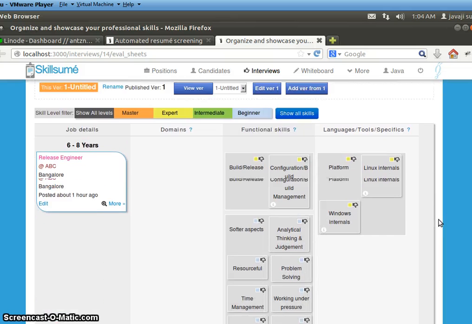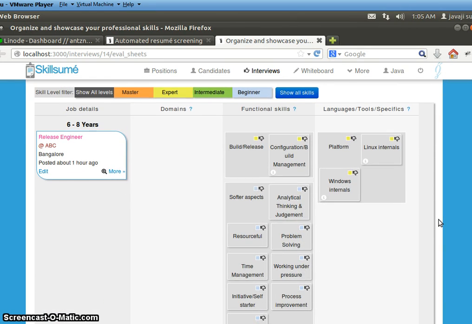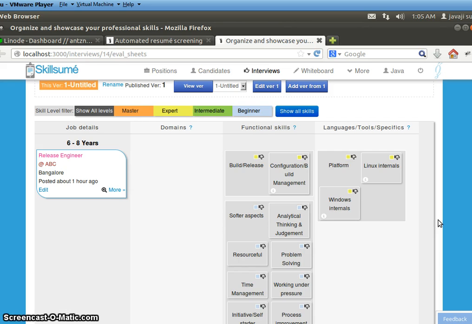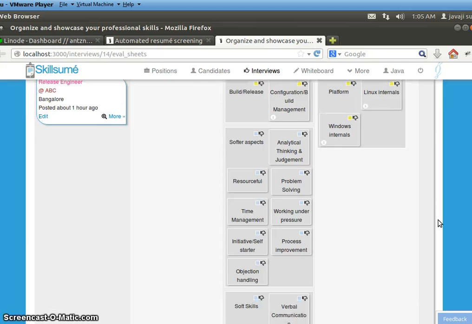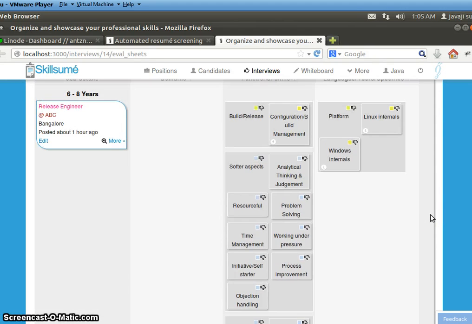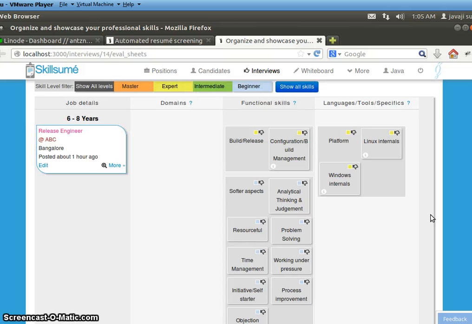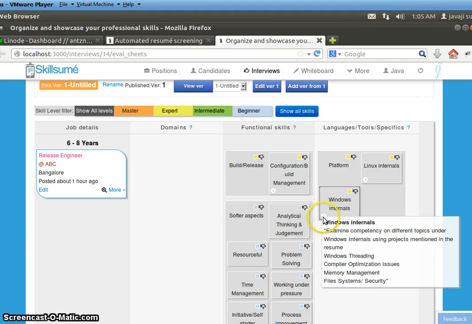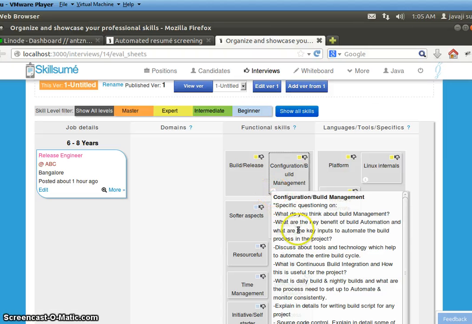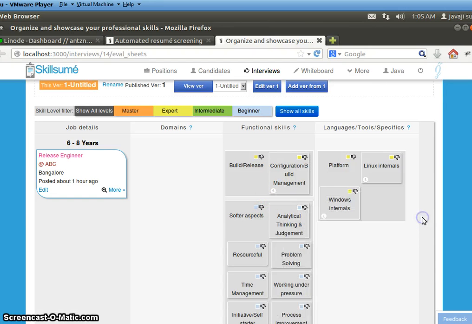This is a starting point for the evaluation sheet. You see that all the skills that were there in the job resume have been copied to this evaluation sheet. So the job resume becomes a template, and even the cheat sheets that were posted on the skill are also being copied.